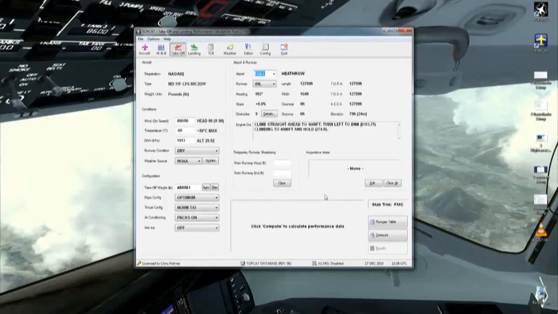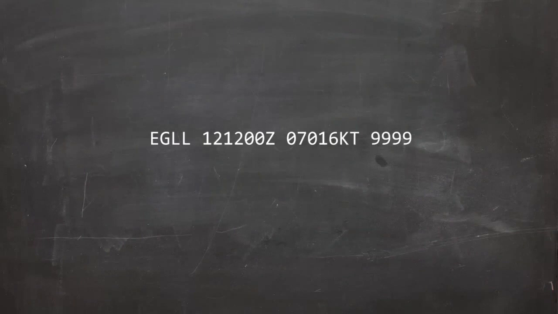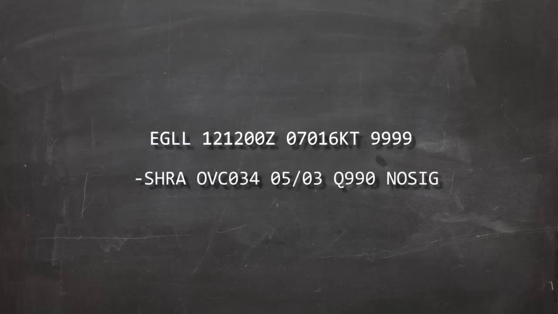We have some weather to enter, so let's have a look at the current METAR. Looks like Heathrow weather on the 12th day of the month, 1200 Zulu, is wind 070 at 16 knots. We have light rain showers, overcast at 3,400 feet, temperature 5, dew point 3, QNH 990, and no other significant